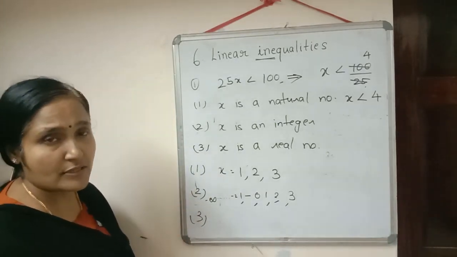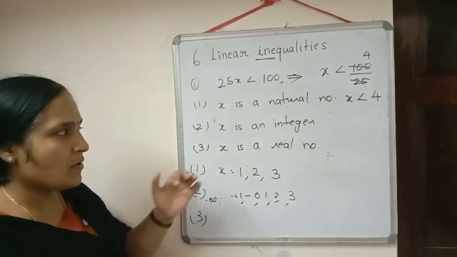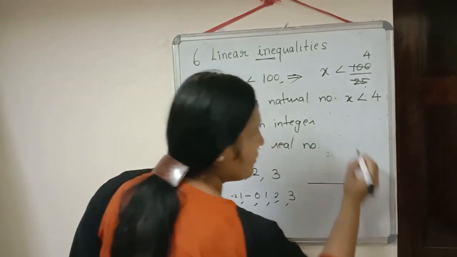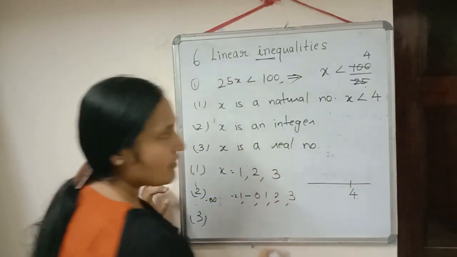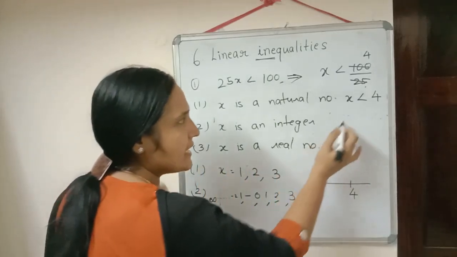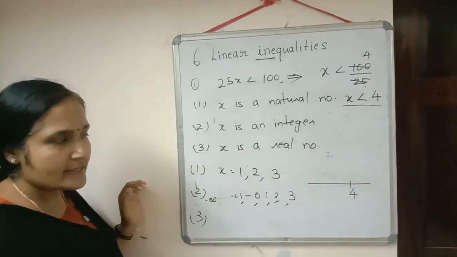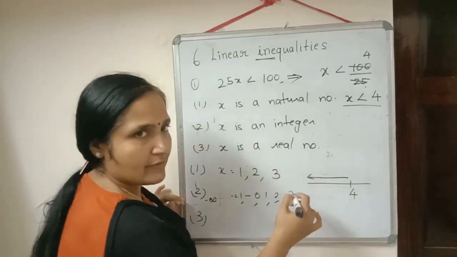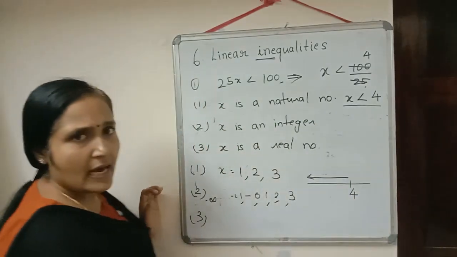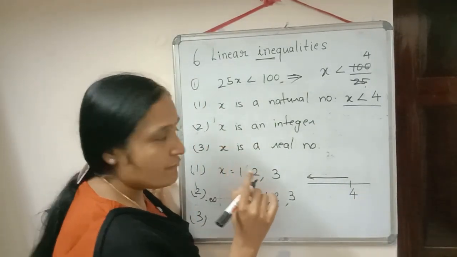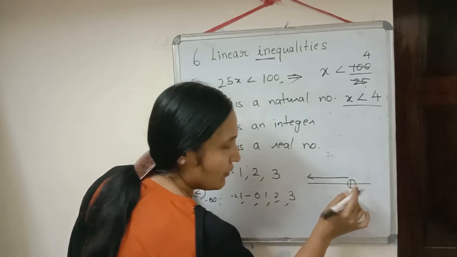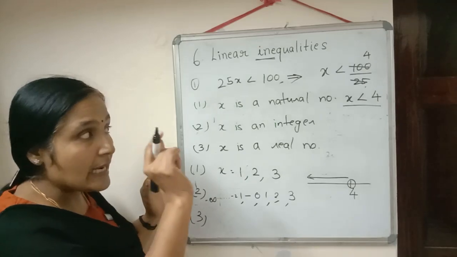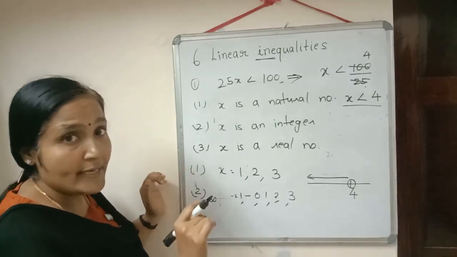Now the third case is x is a real number. Here we have to use the concept of intervals. If you have any doubt, you can draw the number line. Then it will be easy for you. What is the number which we got? That is 4. And here they are saying x is a real number and x is less than 4. When we write less than, it means we are moving to the left hand side. When greater than, we are moving to the right hand side. x is less than 4. x will not take the value 4. Except 4, x can take any other value. Only less than 4, so it can take 3.9.